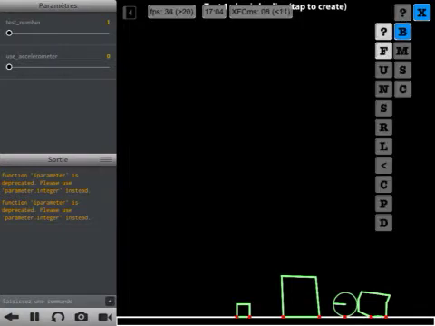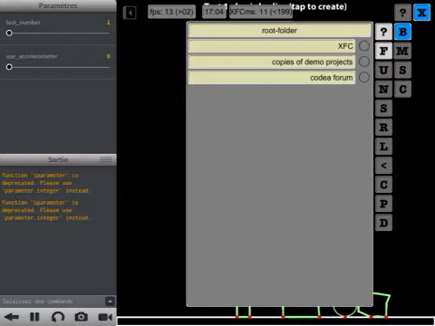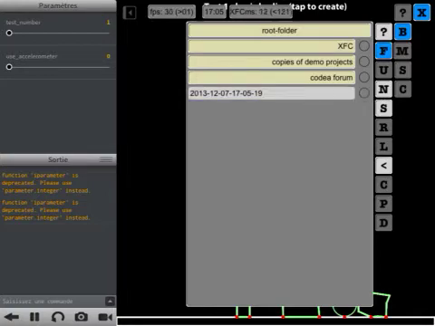So in the backup section, you can tap on the folder. This will open the root folder of XFC. And well, this is a menu to make backups and manage them. So to make a backup, you just have to tap on the save button, and the current project is backed up in this file. The name of the file is the date, but you can rename it by selecting it,